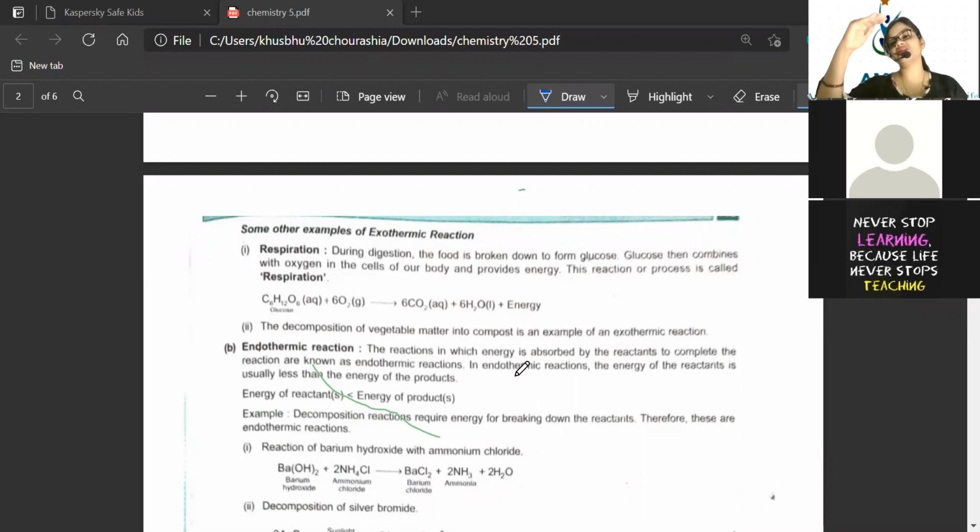Once the heat starts getting released, the particle motion becomes slower and slower. And once the particle motion becomes less, the particles start releasing energy. So the first one, boiling, is endothermic because it is taking heat. The second one is exothermic because it is releasing heat. Okay, and the particles are trying to settle down.